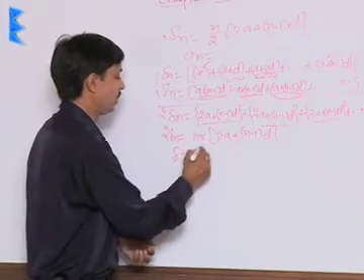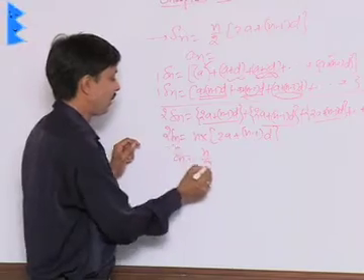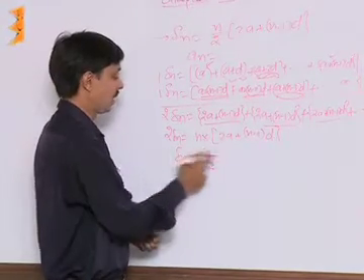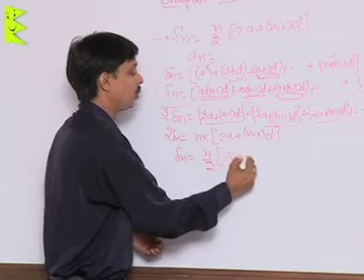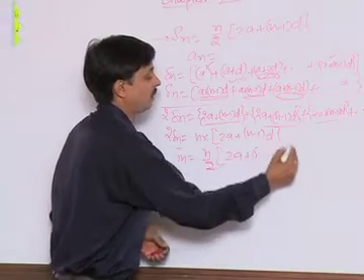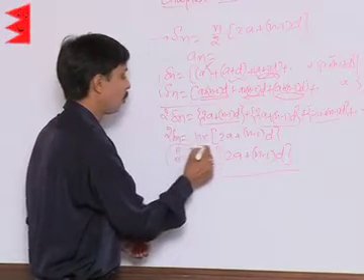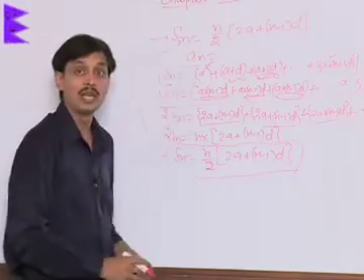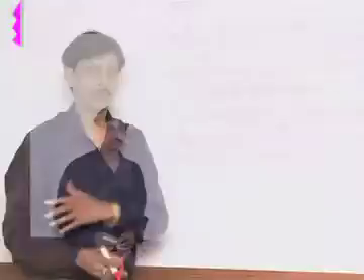So Sn becomes n by 2. I am taking this 2 here because this is the answer of 2Sn. So the answer of Sn becomes n by 2 into 2a plus (n minus 1) into d. This is the proof of finding the sum of n terms of any arithmetic progression.